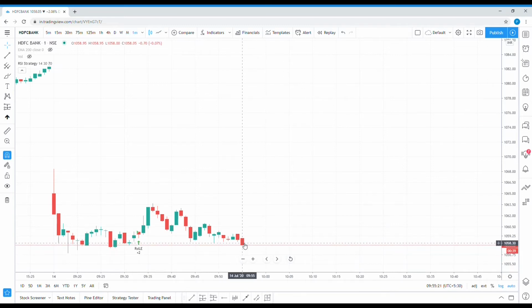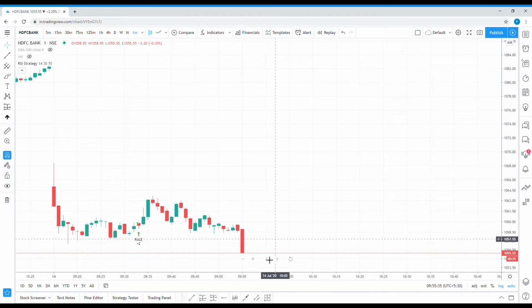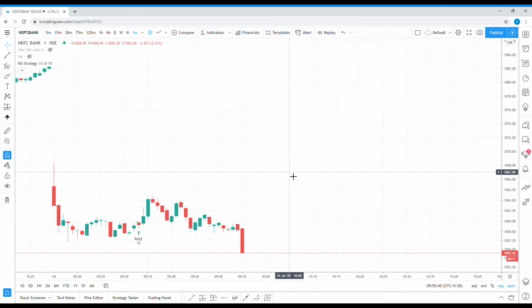So this candle was at 9:55, so the next candle will be created at 9:56, and right now the time remaining is 30 seconds. As you can see, in 30 seconds there is so much price movement. So in the lowest time interval the market is very volatile.